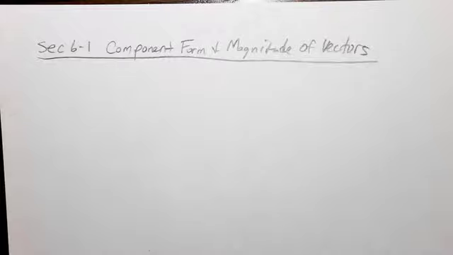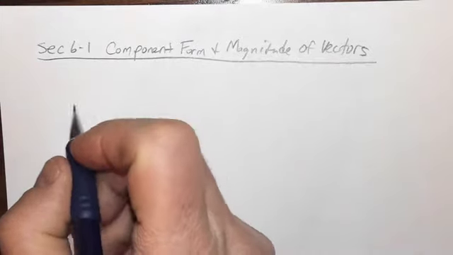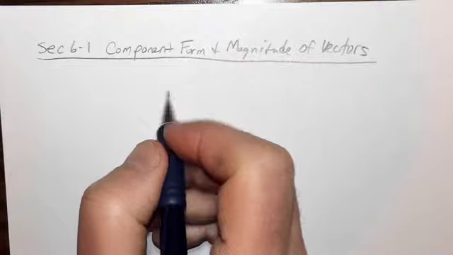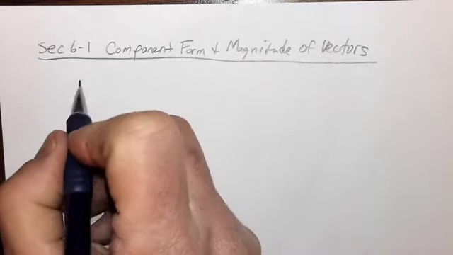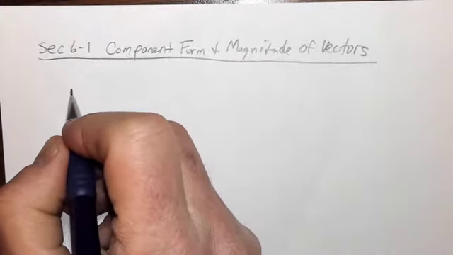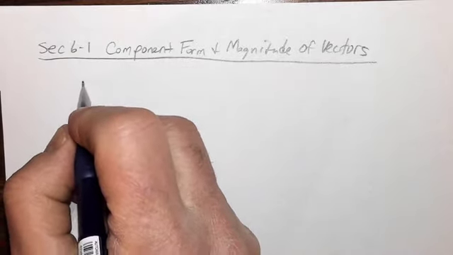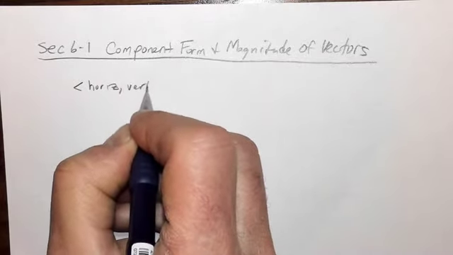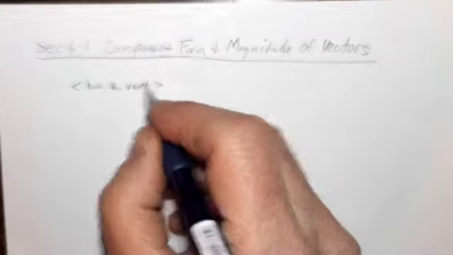Let's look at some more information about vectors. Previously, remember we talked about a vector is a directed line segment, and it is made up of components: a horizontal component and a vertical component. And we use this little notation to show it. For instance, if I had a vector that started at 1, 1 and went to 3, 5,